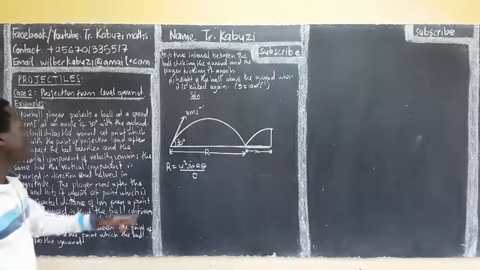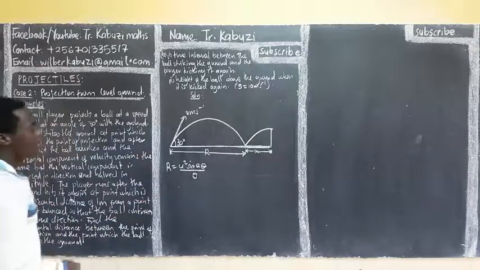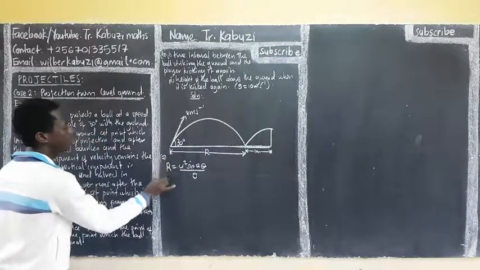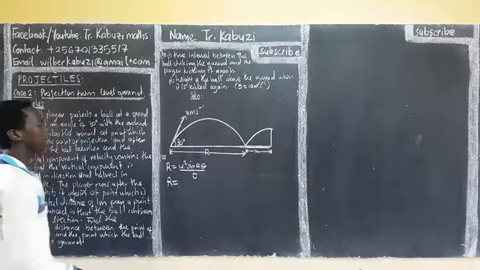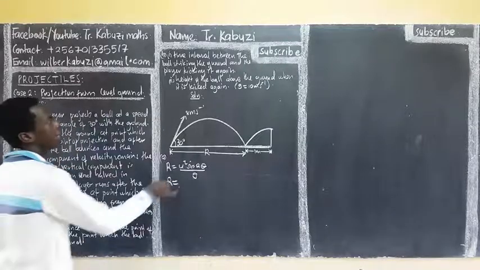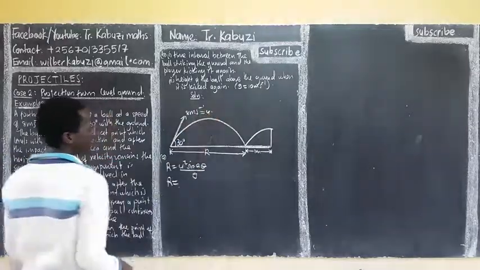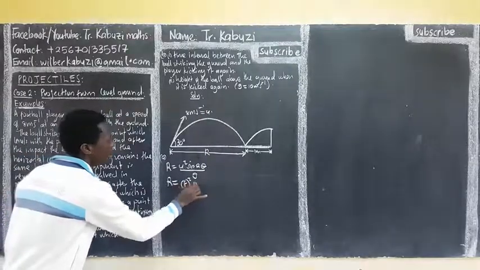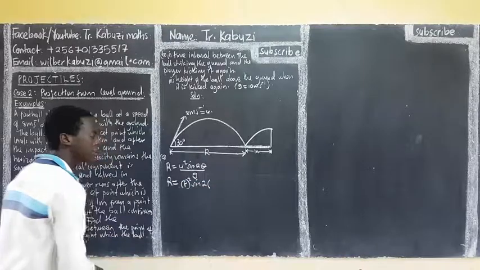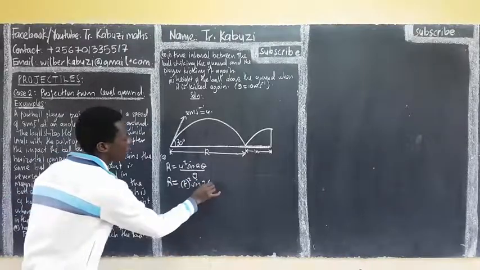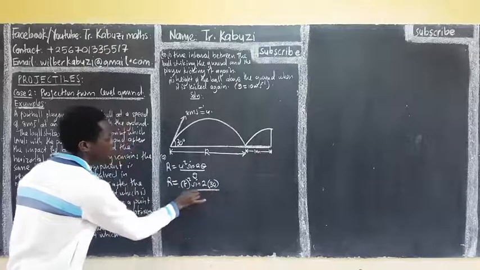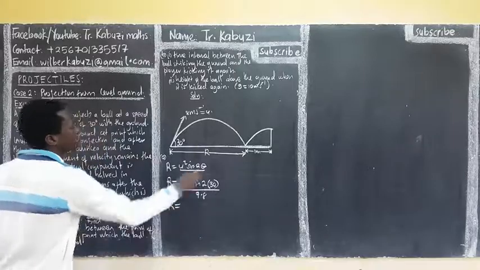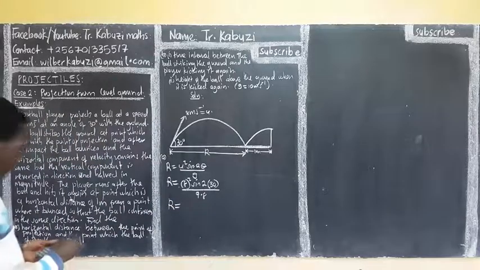So from that, this range I'm looking for, this is part A. So my R is going to be, u, the initial velocity, is 8 squared, then sine of 2 times 30, then the whole divided by 9.8. So our R here, that distance, is going to be